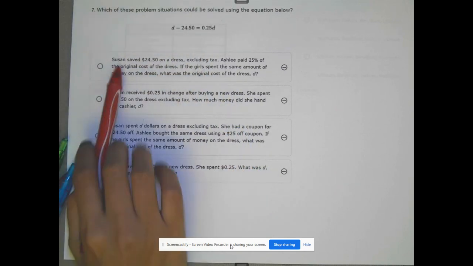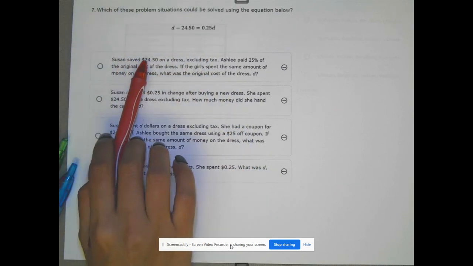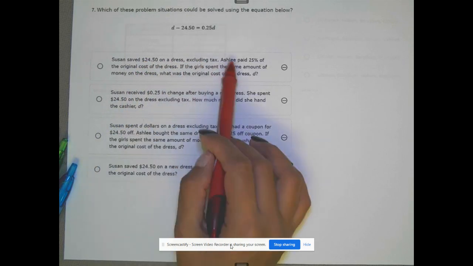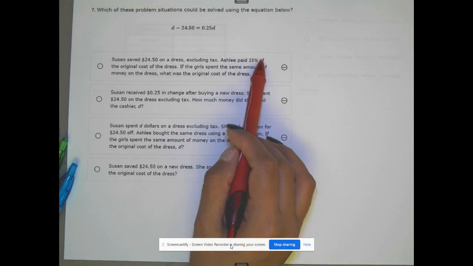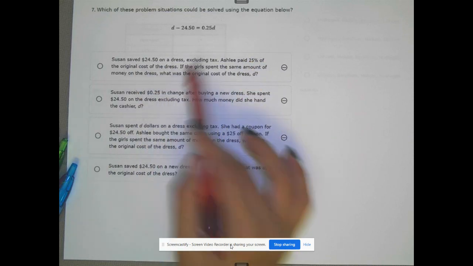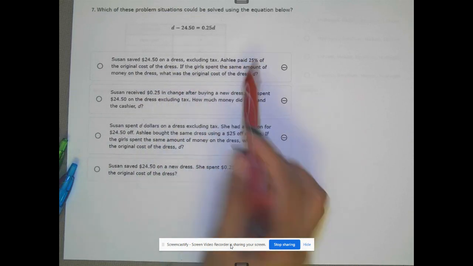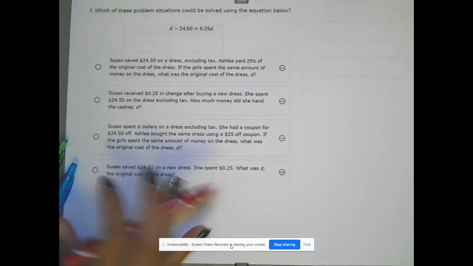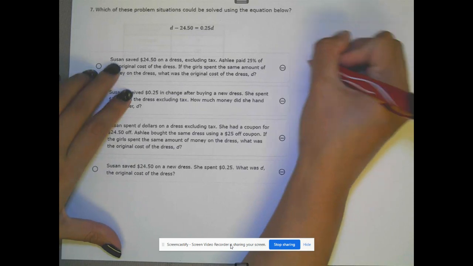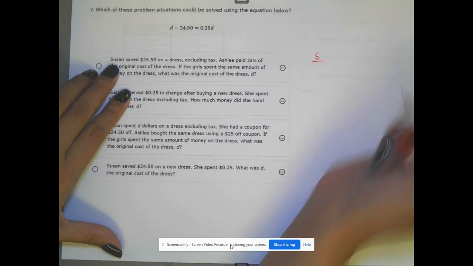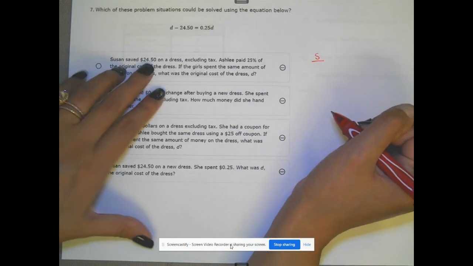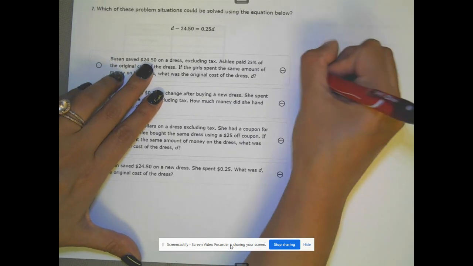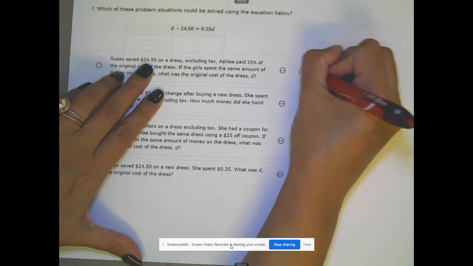So the first one says Susan saved $24.50 on a dress, excluding tax. Ashley paid 25% of the original cost of the dress. If the girl spent the same amount of money on the dress, what was the original cost of the dress, D? So I have Susan, and it says she's going to save $24.50 on a dress. So that means we take the cost of the dress and we subtract